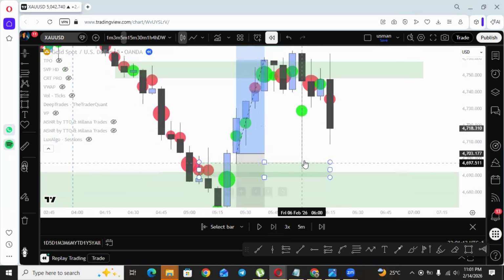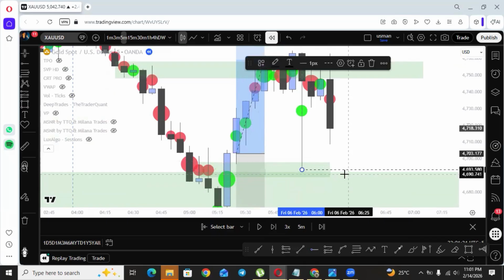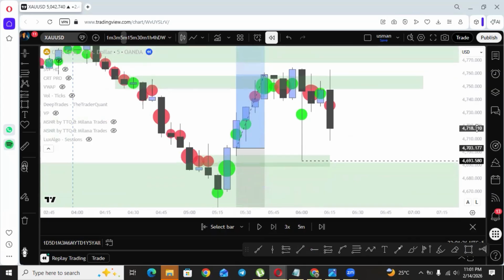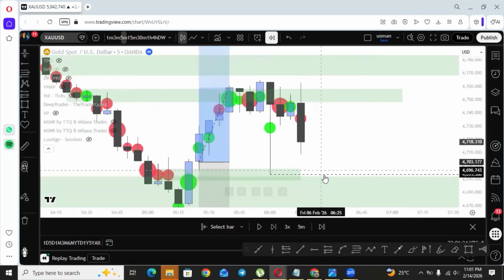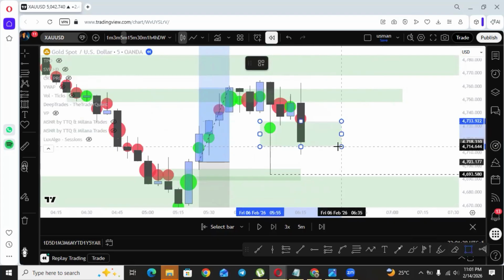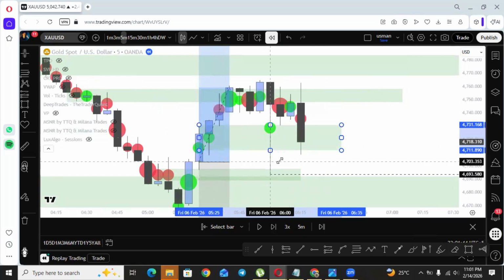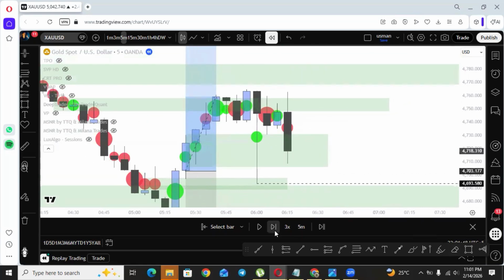This is the area which buyers are protecting. So our bias will change when market closes below this area. Okay, we will maybe close this and we will maybe enter into a selling bias if market closes below this entry, until market has shown their aggression at this level, and also you can see at these levels. So these are the strongest levels. We just have to read the market at these levels, what it is doing. Just play and wait and watch.